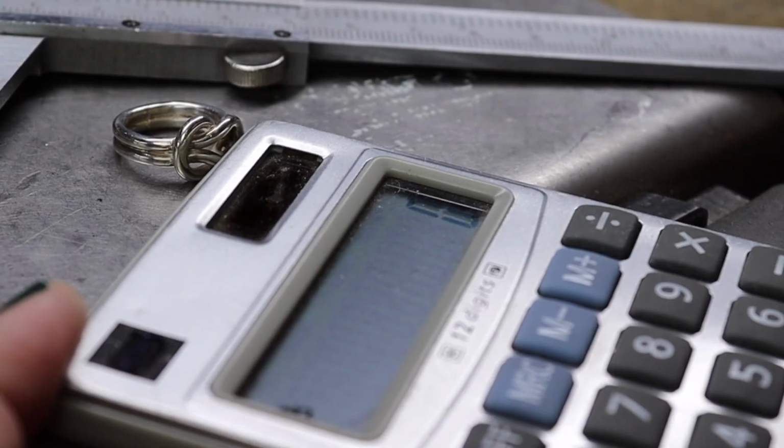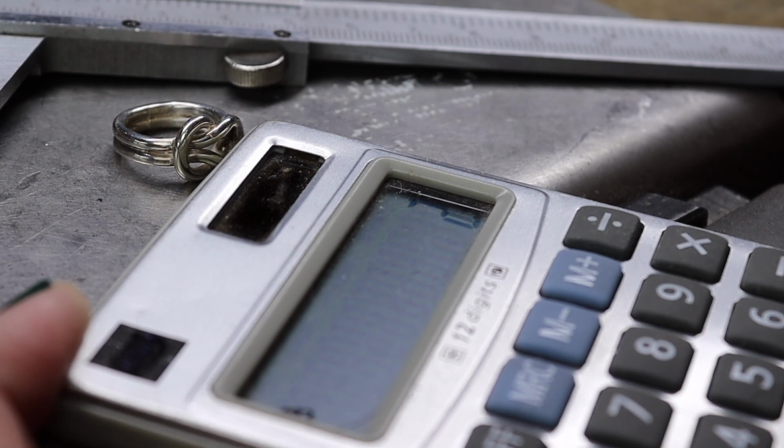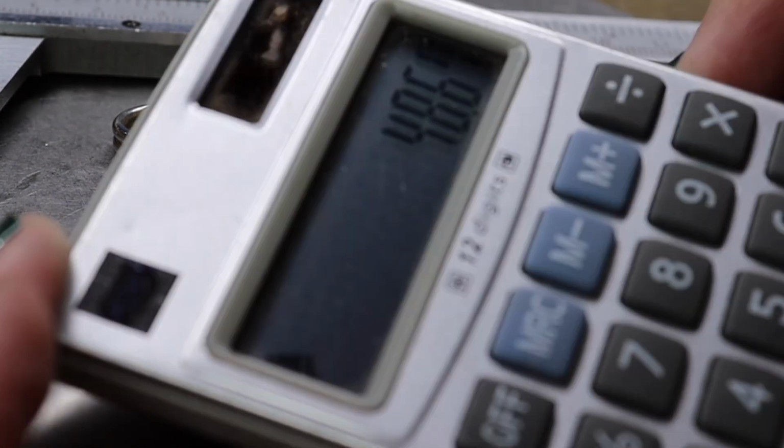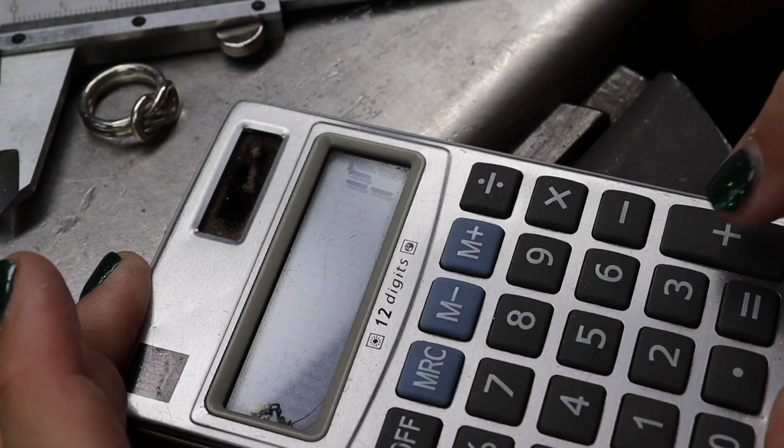And now for some mathematics. I have a ring size of 13.5 here. I am going to add the thickness of my material, which is 2 millimeters, and I am going to multiply that number by 3.14. So the ring strip at this moment is 48.67,